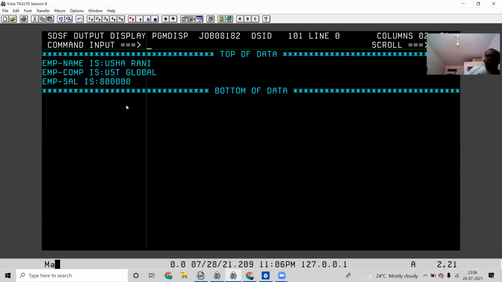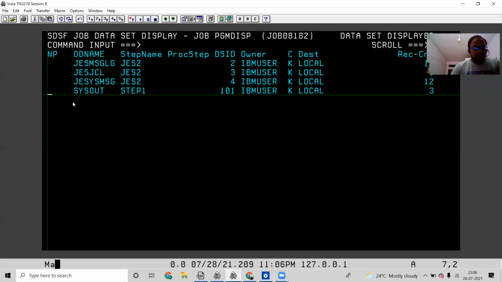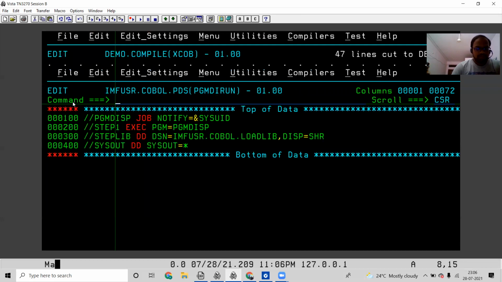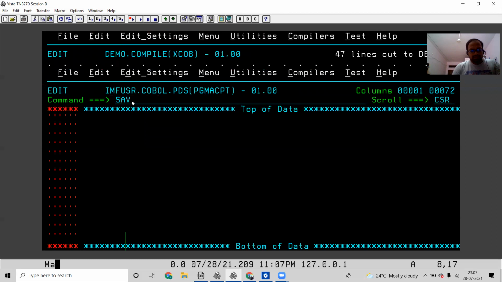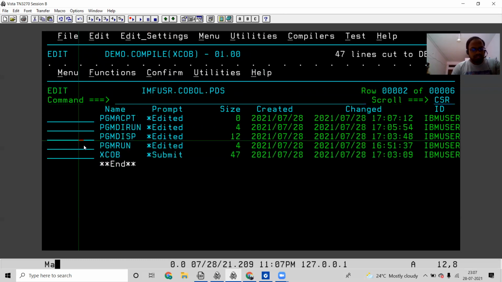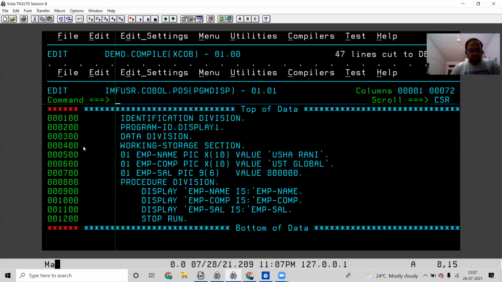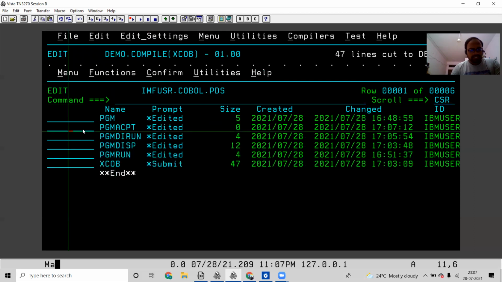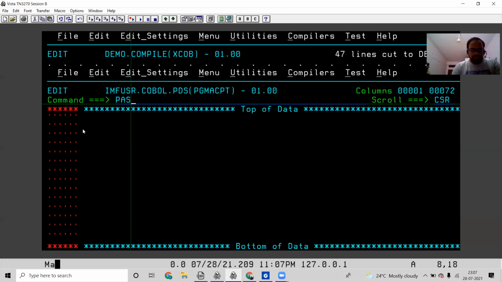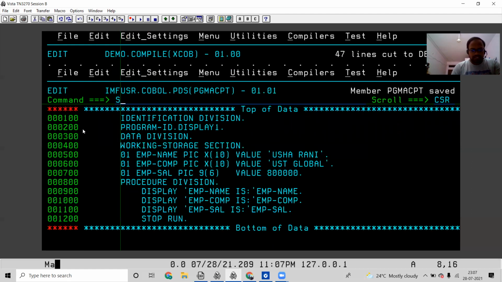Accept program will be a little bit different. We will be using 16DD star in the accept program. Or else, let me compile. Let me do that one also. PGM accept. So this is the accept program. Save. What I'll be doing is I'm not going to type again. I'll be copying the program from here. Cut. And in the accept program, I'm going to paste this particular code. I'm saving this.